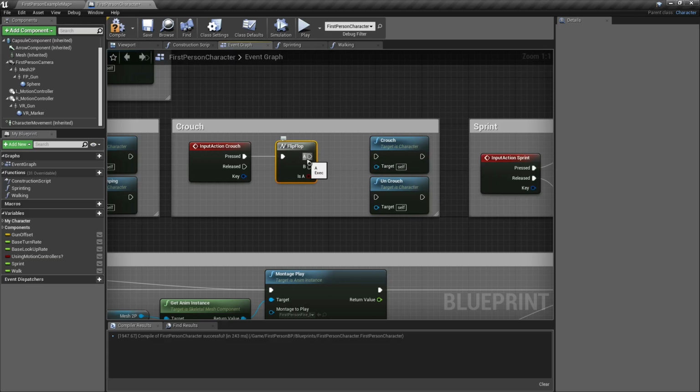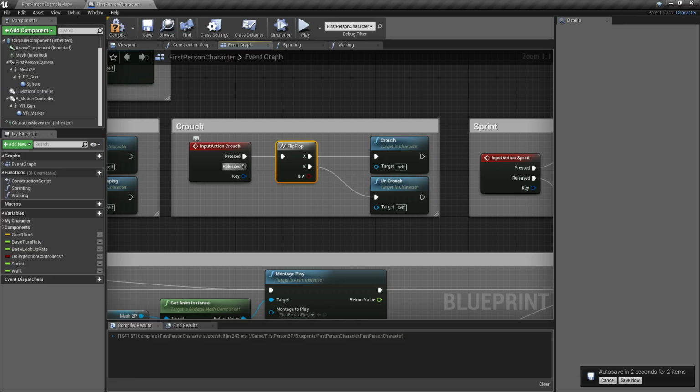So A is connected to crouch and B should be uncrouch. The flip-flop node is like a light switch. Once you click the switch, it will toggle into A, and once you click it again, it will toggle into B, and so on.